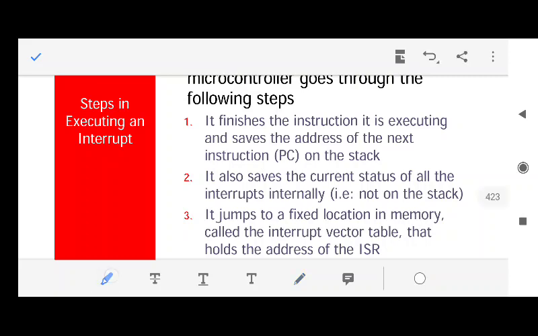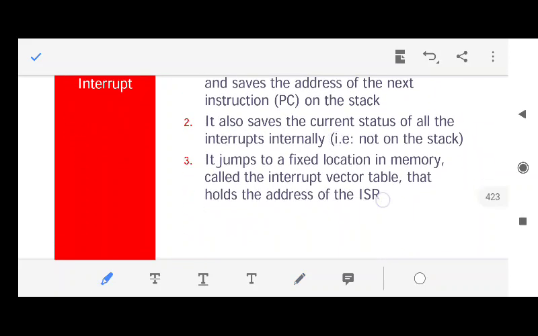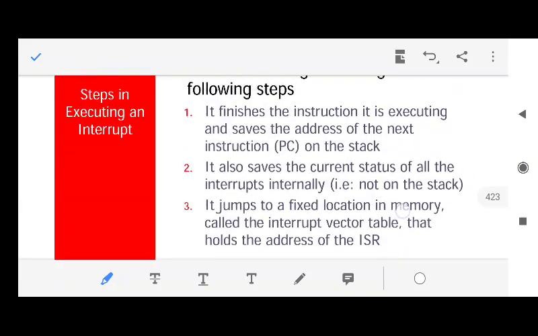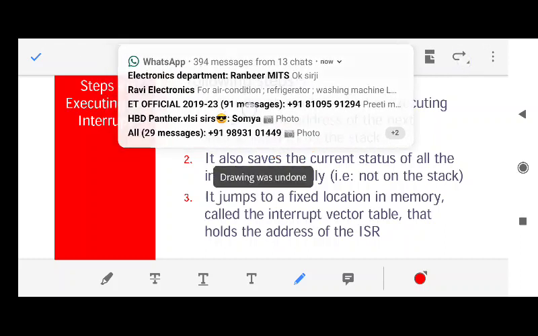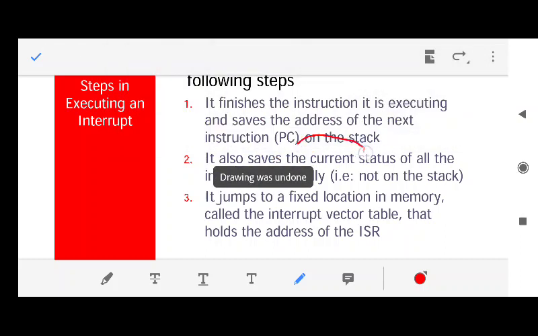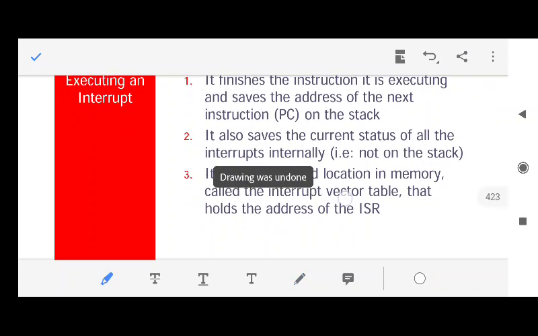The same thing is written in this slide, so I advise you all to go through this complete slide. What does it say? Whenever an interrupt is encountered, whatever is on the program counter, the address of the line the 8051 is executing, is saved onto the stack. That goes into the stack, and then it goes to the desired interrupt service routine.